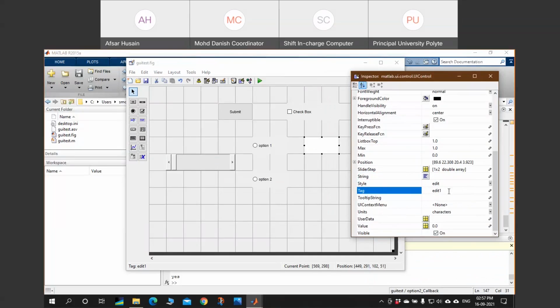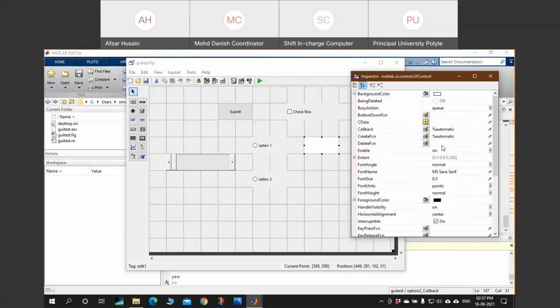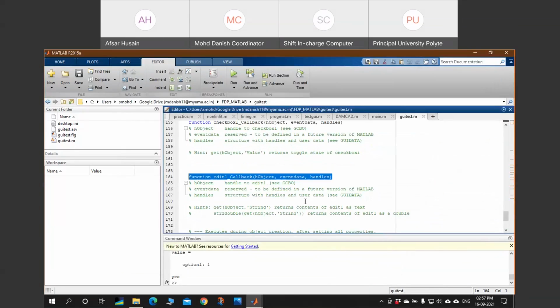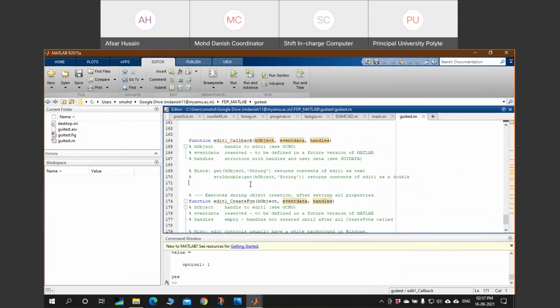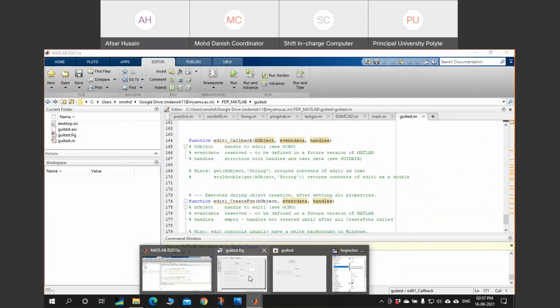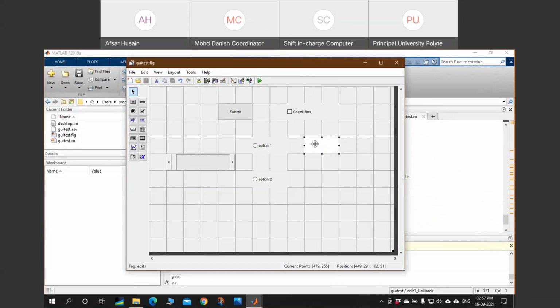I am just leaving it as edit one and I am providing the callback function. Right now I am leaving the function blank. I'm not writing anything. Let me provide another edit text.